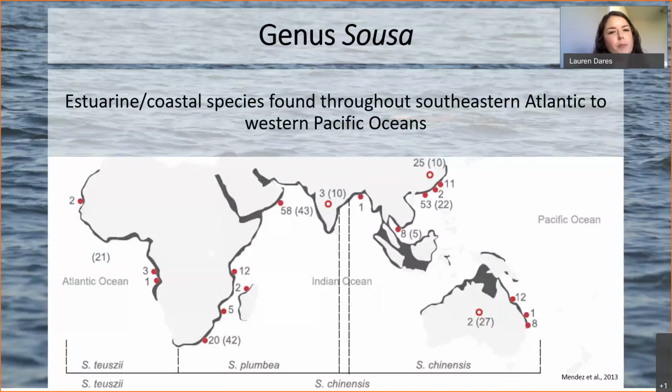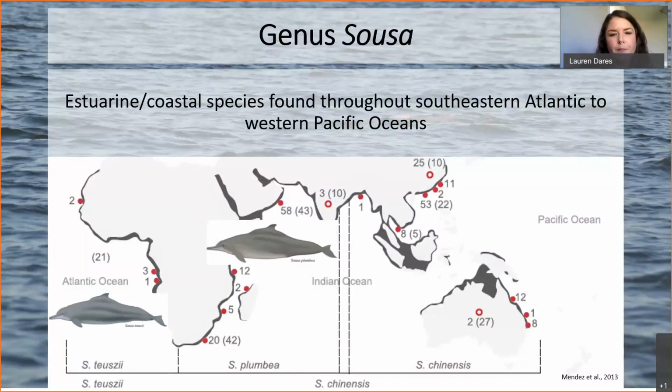Genus Sousa actually makes up all of the humpback dolphin species that are found throughout the world. These are estuarine and coastal animals that are found in the coastal waters throughout the southeastern Atlantic all the way to the western Pacific Ocean. So there are several different species of humpback dolphin. In the Atlantic Ocean, there's the Atlantic Ocean humpback dolphin, the Indian Ocean humpback dolphin, the Indo-Pacific humpback dolphin, and